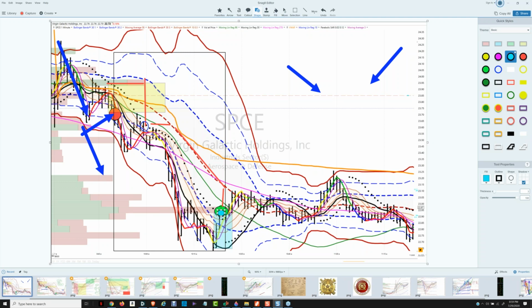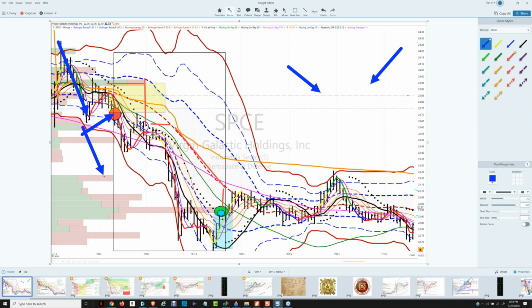And you'll notice that there's quite a lot of buying pressure on this thing down here at all of these price levels. So this whole price level looks like this long red spike is people cashing out and then people buying that up. So I just feel like this is an accumulation at this price level. So I'm thinking like 23 is a pretty important price level for Virgin Galactic.